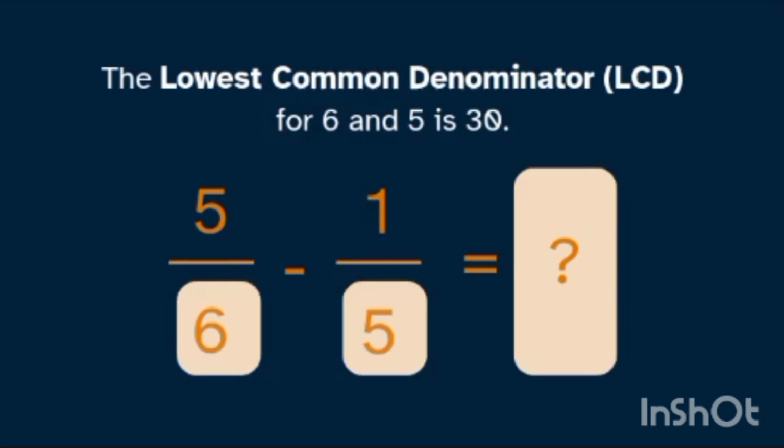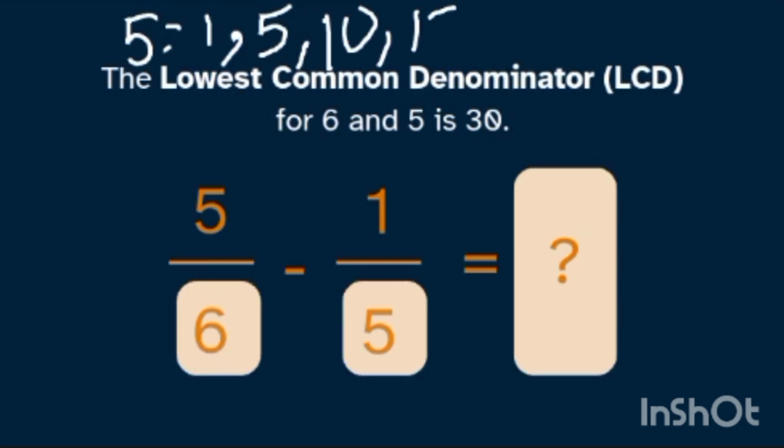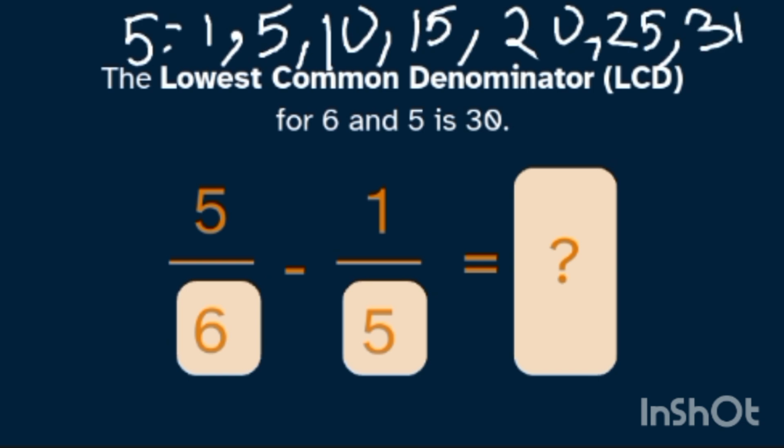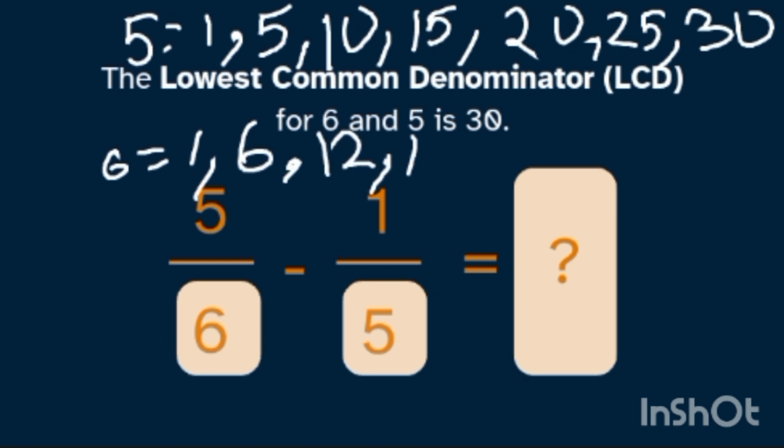To find it, you just need to find the multiples of 5, which are 5, 10, 15, 20, 25, 30. Then you need to find the multiples of 6, which are 6, 12,